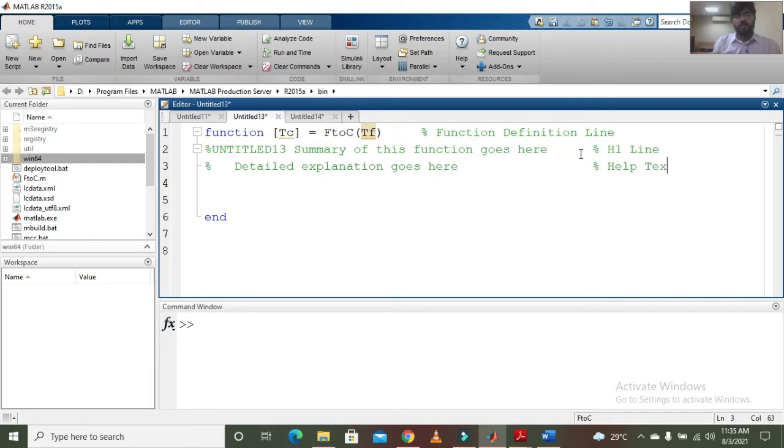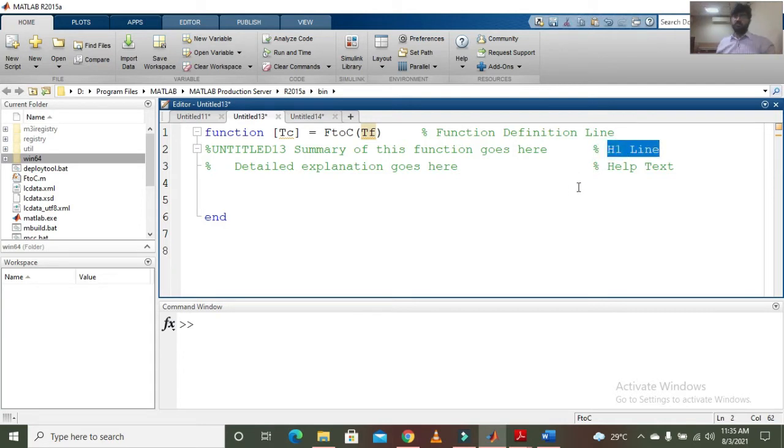And it is not necessary that help text consists of only one line. H1 is only one line, but help text may contain several comments. The first line is called the H1 line.